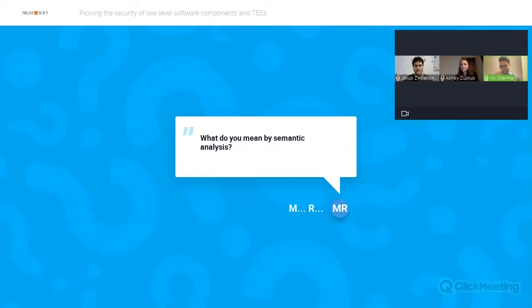So you can assess the behavior, and more than that, assess if it will deviate from what it's supposed to do, if it will show an undefined behavior. And that's what we mean by the semantic of the analysis, basically assessing the behavior. You want to add anything to it, Jake?